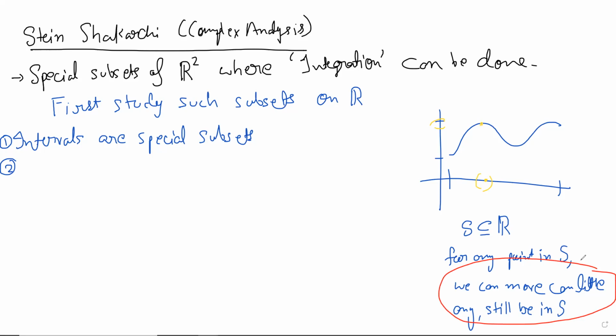These are some other types of subsets apart from just intervals. Intervals could include open intervals, closed intervals, half open, and so on, right? But apart from all that, these are other kinds of subsets which,